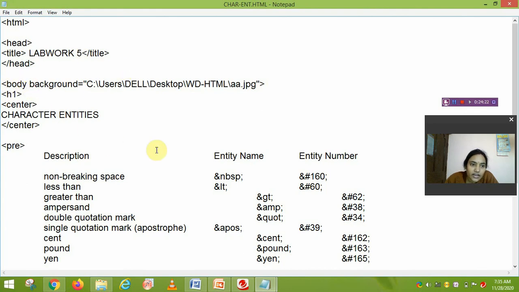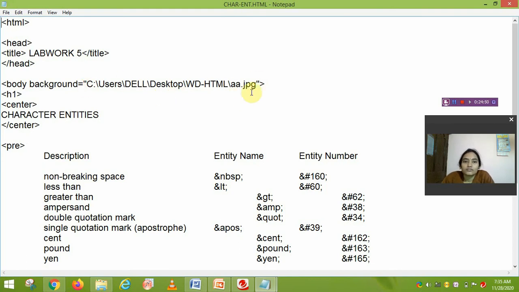Here another style we also use is the background image. How to set the background image? For this, inside the body tag we write background equals double quote, then start the file name, that means the full path where the file is stored.